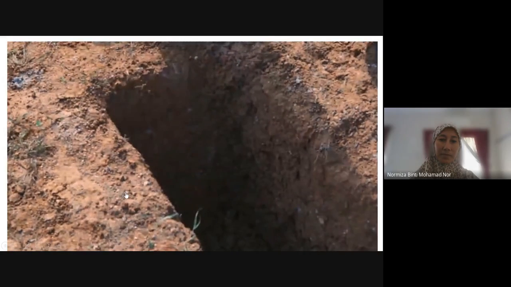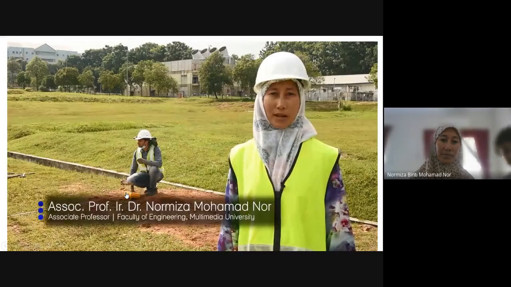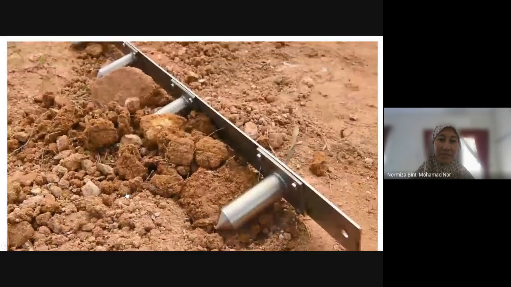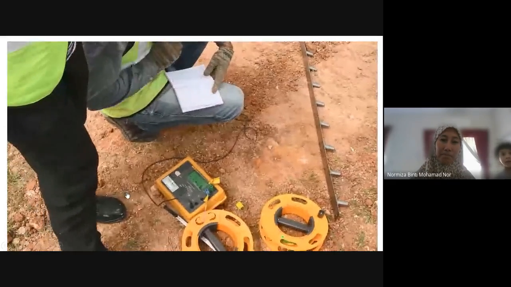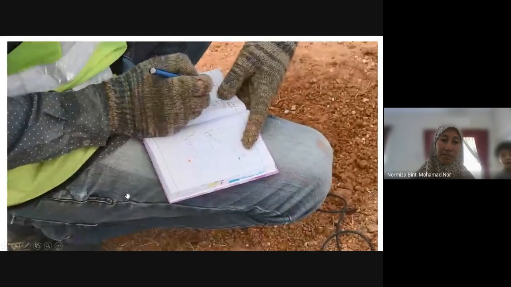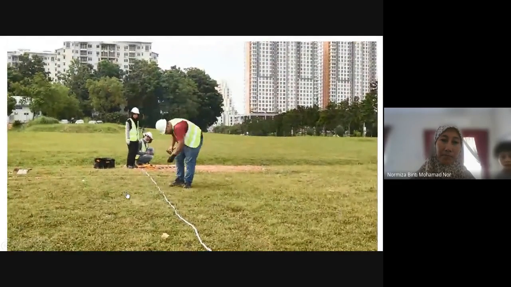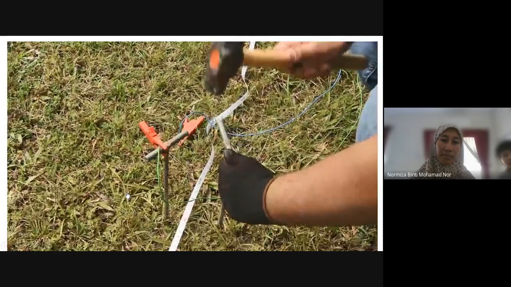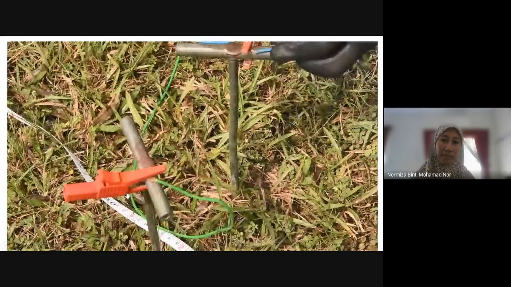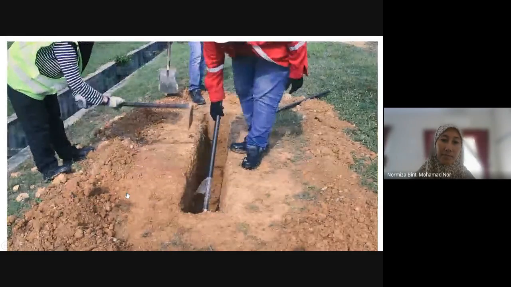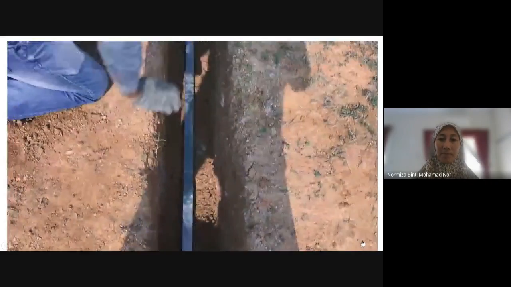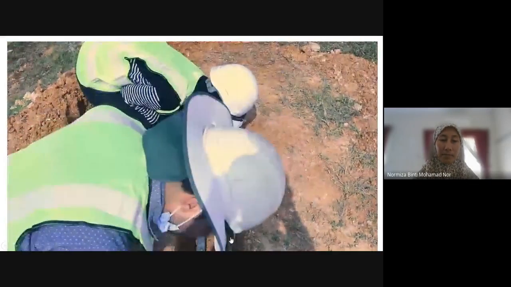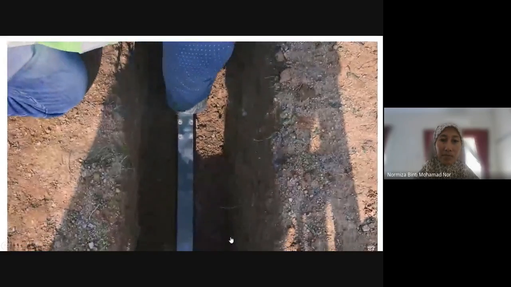One way to improve these grounding systems is by considering the ionization process. In our case, we have invented the pipe strip ground electrode, and from the measurement, using the IEEE Standard 81, we performed the four potential methods, and we found that the pipe strip ground electrode is 90% better than the conventional electrode. We have also performed a computational method, the finite element method, and we have found that the